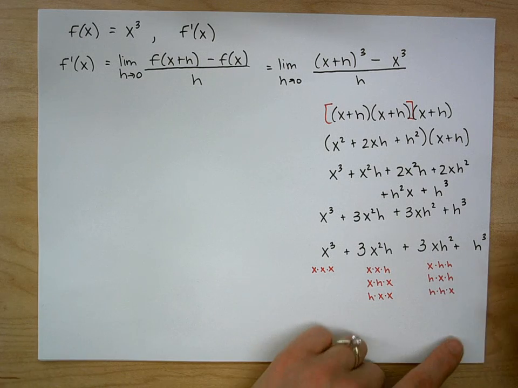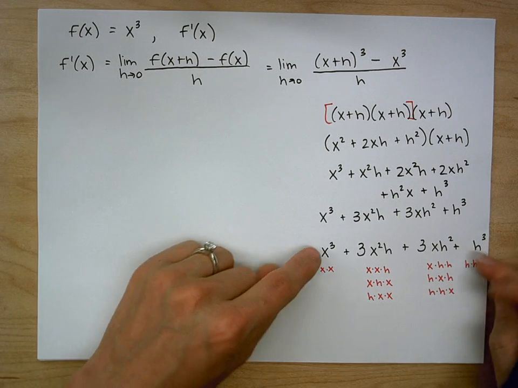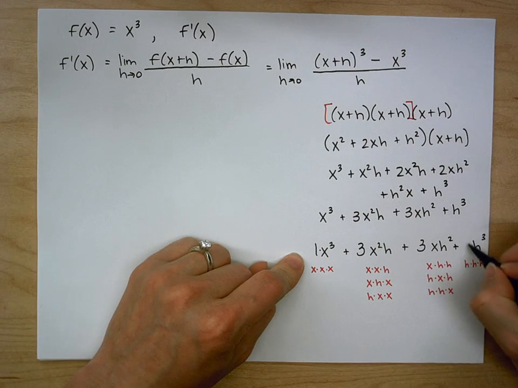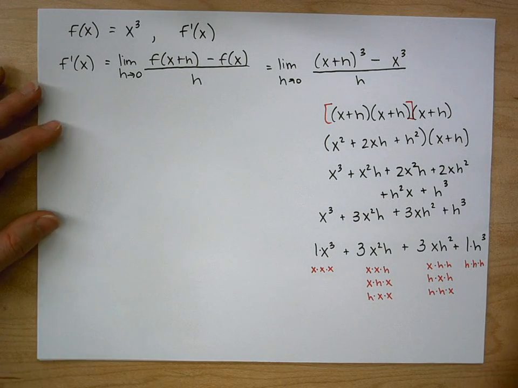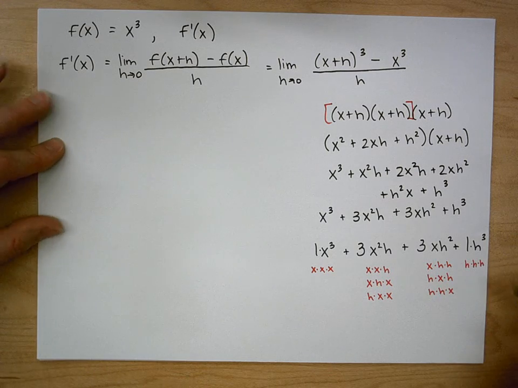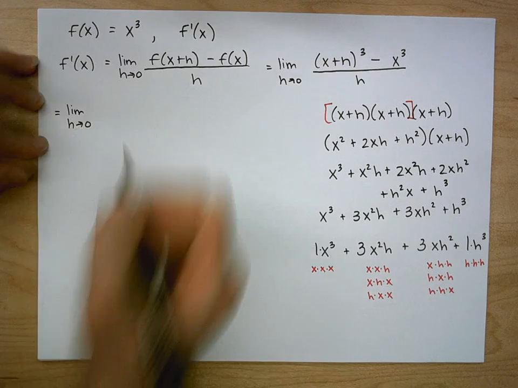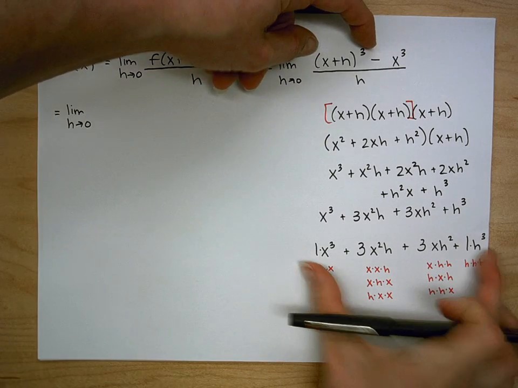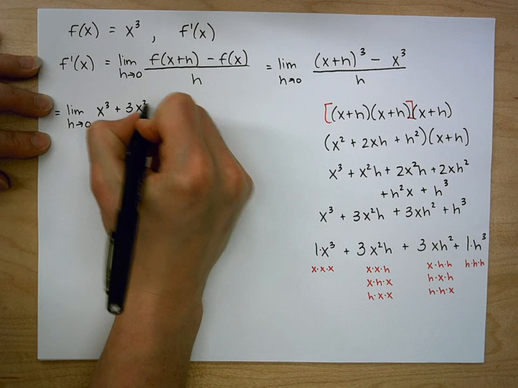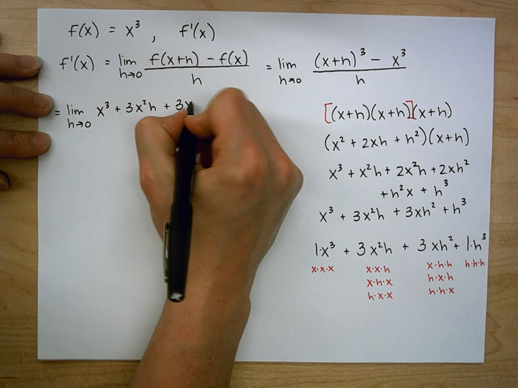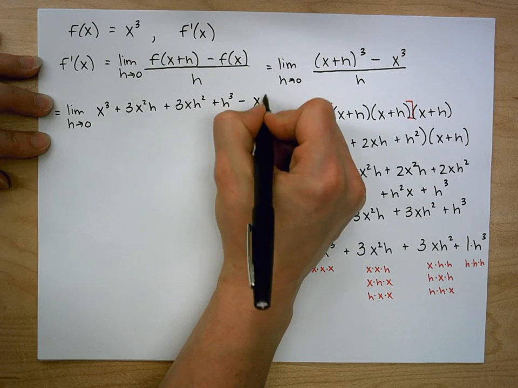And then, of course, the only way I could make an h cubed is to have 3 h's being multiplied. So there's a 1 here. 1, 1. Okay, hopefully that makes sense. Maybe we're going to do it for the 4th also, so it might make more sense with another example. So that means that what I have here is this part simplified, which is this, x cubed, 3x squared h, 3xh squared, h cubed, minus the x cubed,